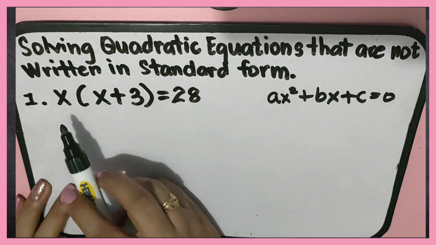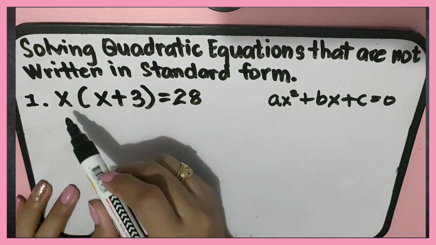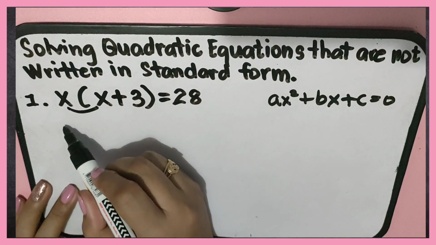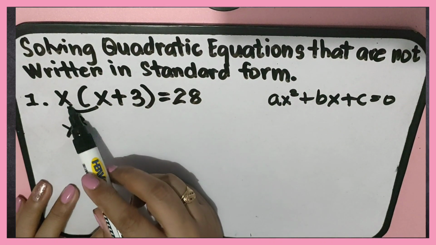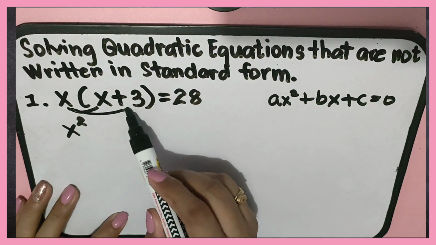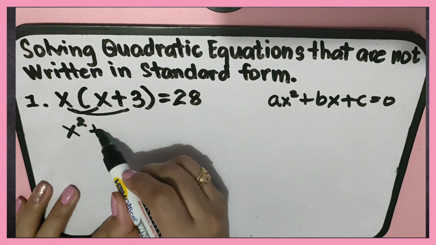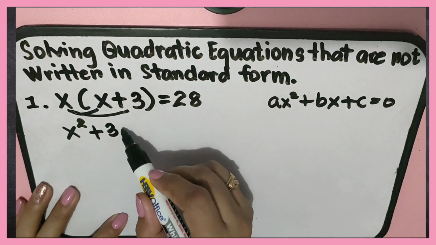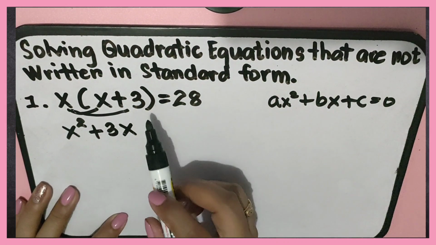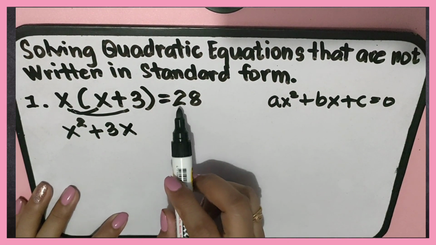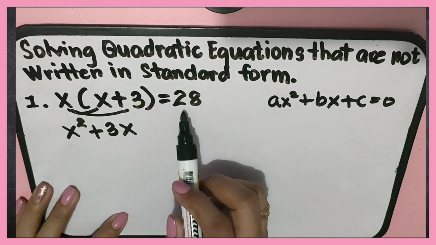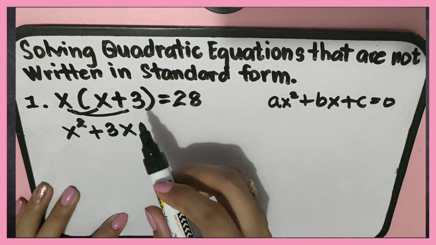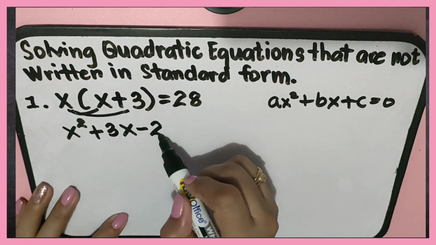So first, let us multiply x times x. So we have x squared. And then x times 3, so we have plus 3x. Then after that, we will transpose positive 28 to the left side of the equation. So positive 28 becomes negative 28